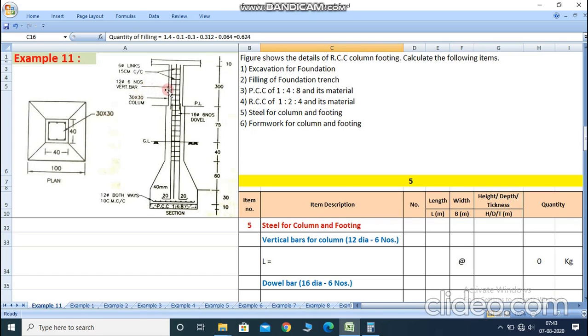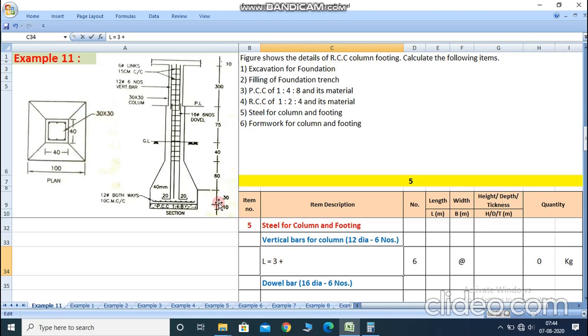In this figure 6 main bars are provided, so write the number 6. Then we calculate the length of the bar. Length of the bar is equal to 3, means 300 centimeter, converted to meter is 3